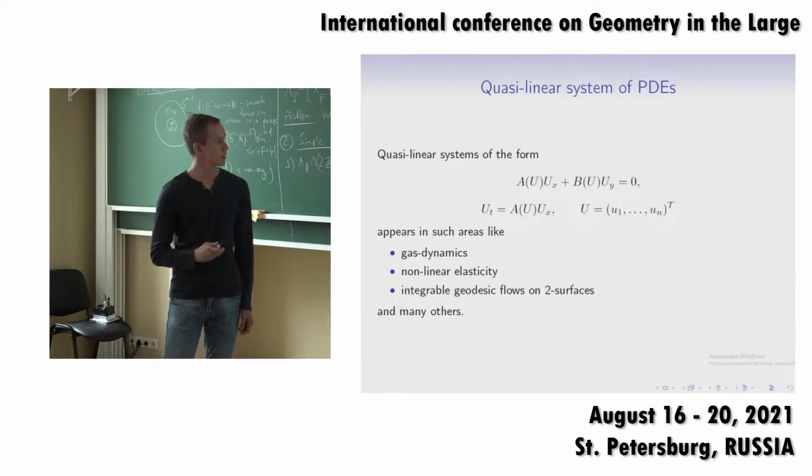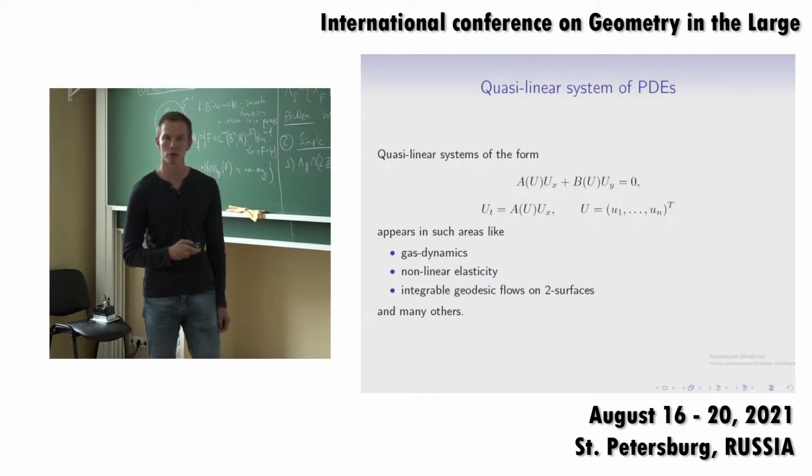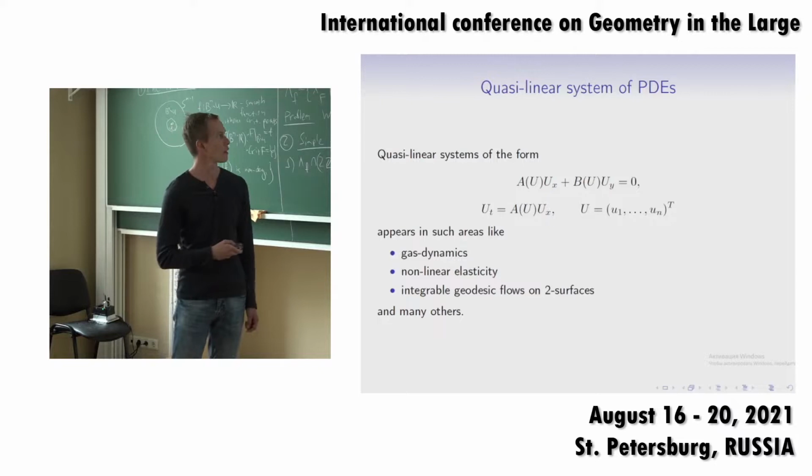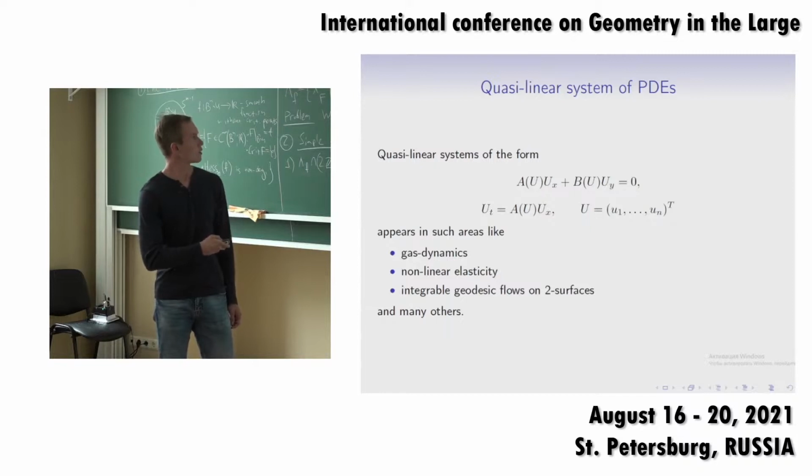One of the main aims of my talk will be to describe systems of such a form which appear in the problem of geodesic flows and magnetic geodesic flows, and I also would like to describe some methods which sometimes allow us to integrate these systems and construct explicit solutions to the system.